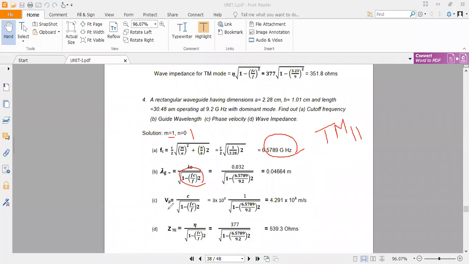And what is vp? c into square root of 1 minus fc by f whole. vp expression doesn't change. What is vp? Phase velocity. Ma'am, the expression is same. It doesn't change with TE or TM. Group velocity is nothing but c